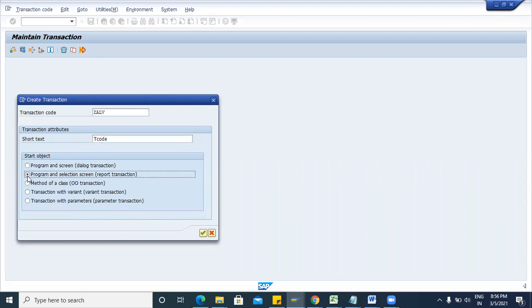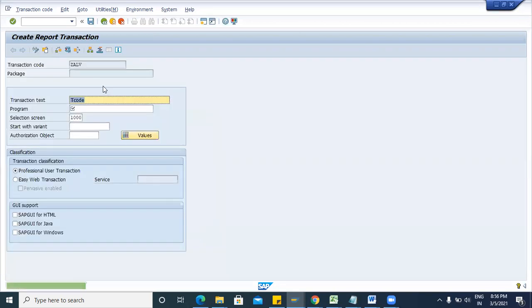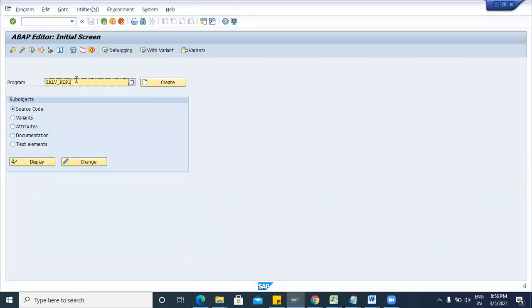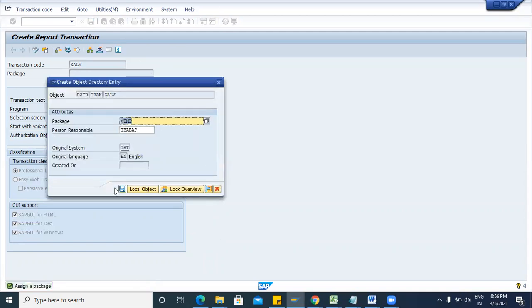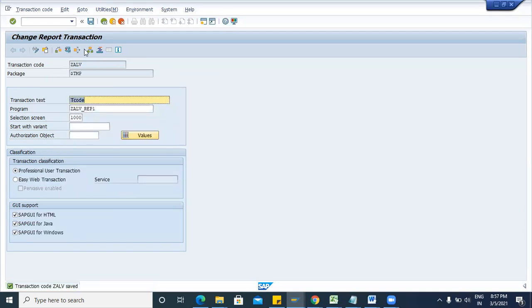So we will select this radio button, program and selection screen. In this transaction code, we will pass the program name. Just copy, then pass your program name here. Then we will select all these check boxes. Now click on the save button. It will ask for a package. We will use $TMP. Now it is saved.